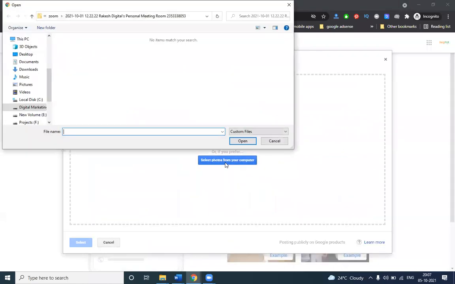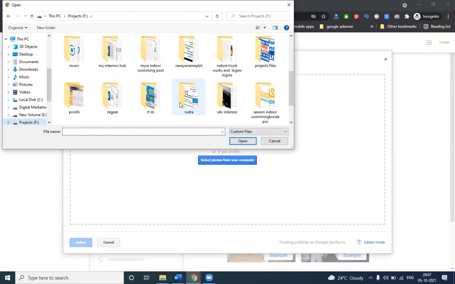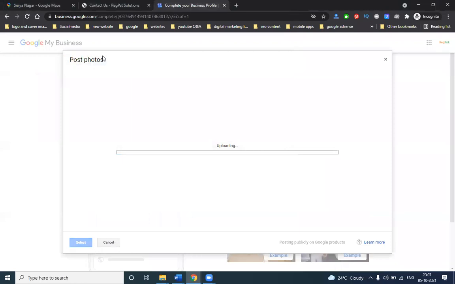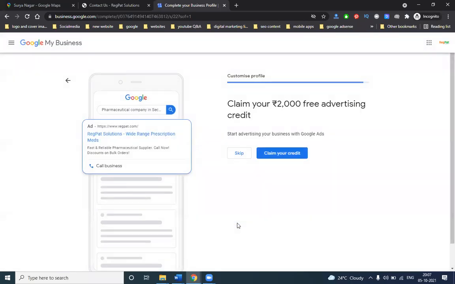Now we are adding the photos. You can add any kind of photos. That is a mandatory field. Add 2 photos also, no issues. But adding a photo is compulsory, it will be mandatory. Right now I'm adding only the logo, as I don't have any particular images right now. So later you can add any images, anytime. How many images is the limit? No limit for adding images. Click for next.